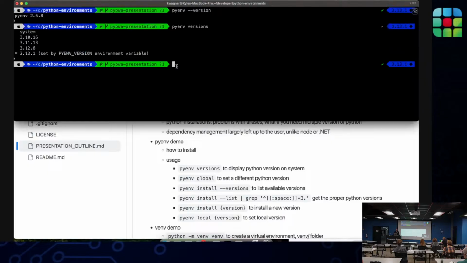So if I run python version, it corresponds to the version in pyenv which is pointed to as being active. Now, what is nice here is it also shows you why it's using that version. So it says set by PYENV_VERSION environment variable. We'll see in short order when and how that can change.